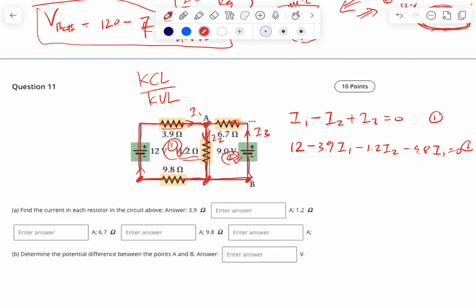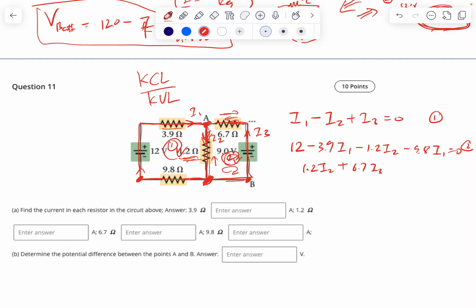This is function 2. And for function 3, we look at loop 2, this loop, right? I want to start with this point, then go through this loop this way. The first thing I meet is this 1.2 ohm. The current is I2, because loop direction is up, current direction is down. So loop direction and current direction are opposite, positive voltage. And then I meet this one. Current direction is this, loop direction is opposite, right? So plus